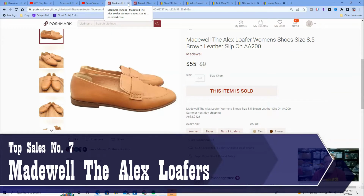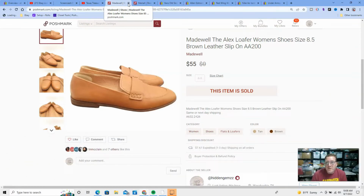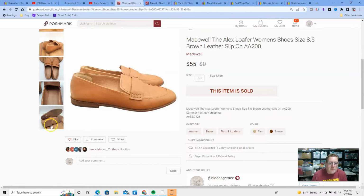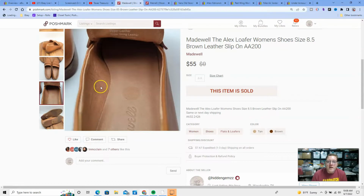All right, next up at number 7, we have another Poshmark sell. Here we have a pair of Madewell. The model in this is called the Alex. Loafers, women's shoe, size 8.5. And on many shoes, women's shoes, I don't know if you can see it here. Like, let's look at this picture. You can actually find,